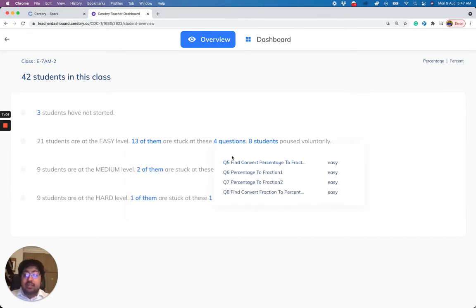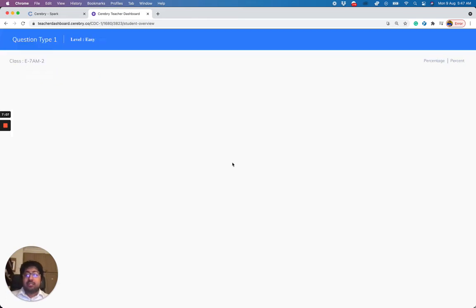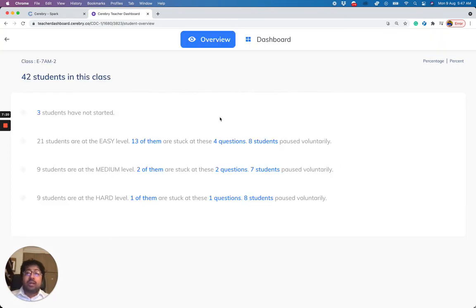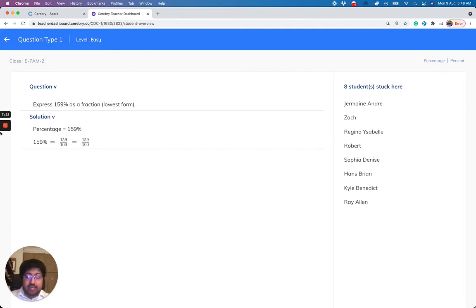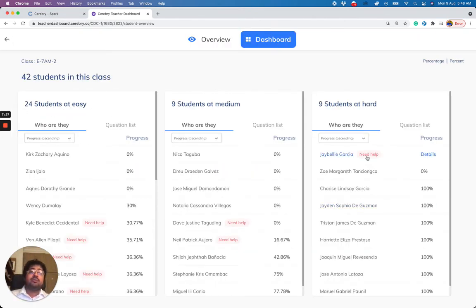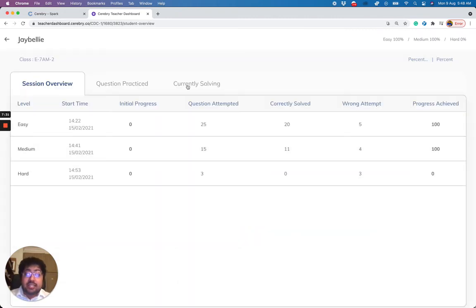So as a teacher, you can click on the learning objective where the student is stuck. You would see the list of students that are stuck, and it will generate another new question which encompasses these students' misconception. So as a teacher, you can walk through this question, and if one question is not enough, you can click it again. It will generate a different question. You can of course go into the details. So for example, if you see the need help icon, these are the students which need a teacher's help.